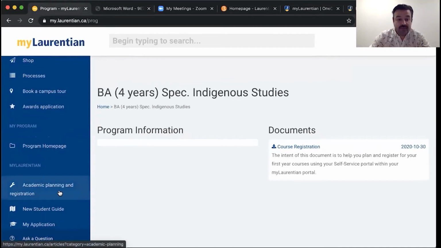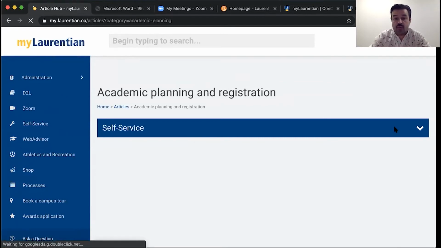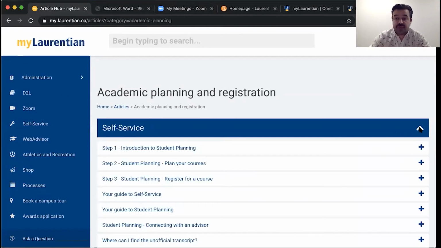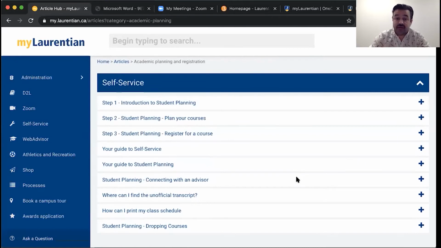Moving forward with academic planning and registration. This again will give you a bit more information with respect to that self-service portal account. We've created some videos and recorded those. We've also published them on YouTube. So you don't have to necessarily go through this account, but this will be a very good step-by-step guide on how to use student planning, a self-service, in order to continue with course registration. And if you have any questions about how to use this platform, you can reach out to